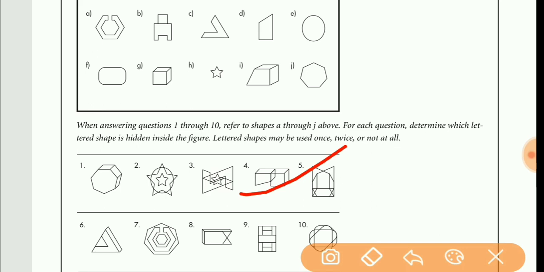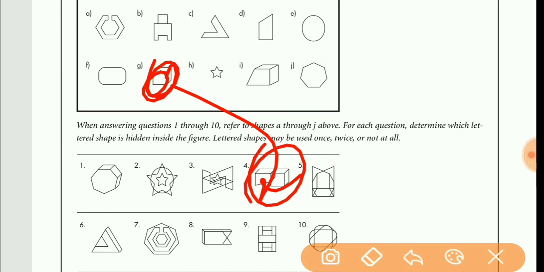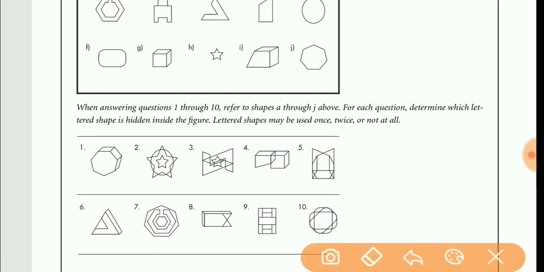In this problem we can see that this size is matching, but this and this are not matching, so this will not be embedded in it. But we can check this cube is embedded in it. Simply this cube is embedded in it, because when we see this figure, what do we see? Simply we see a cube, and this is given in the options. That means the figure G is embedded in it. Now we can solve problem 5. Let us check.